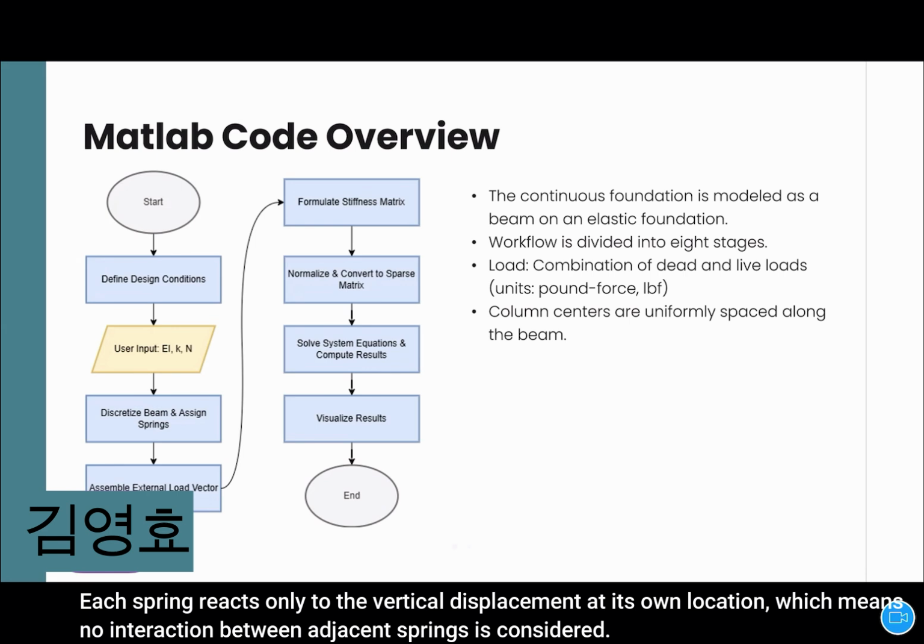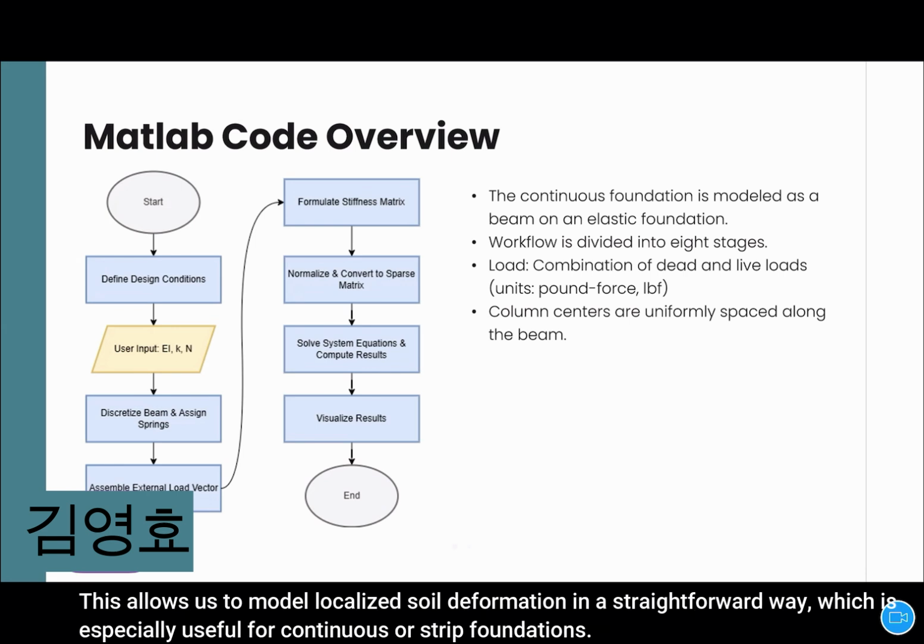Each spring reacts only to the vertical displacement at its own location, which means no interaction between adjacent springs is considered. This allows us to model localized soil deformation in a straightforward way, which is especially useful for